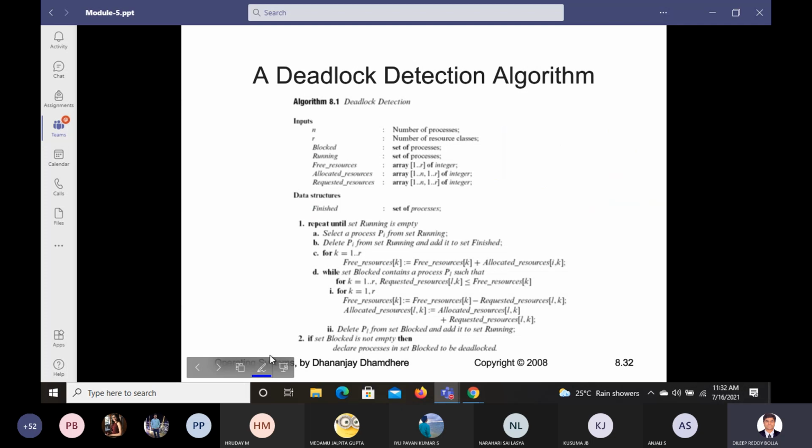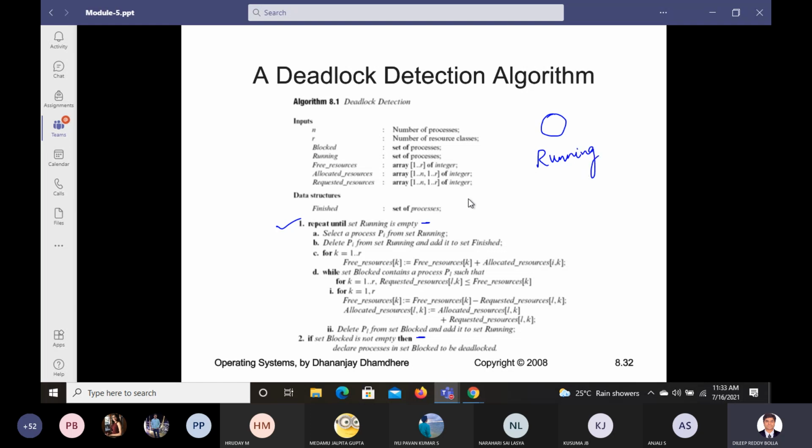Now let us see what is happening in this algorithm, part by part. First step: repeat until running is empty. Second, if the set blocked is not empty, then what to do? So these two conditions are there. The first condition means we have a process here, and it can be in the running state.